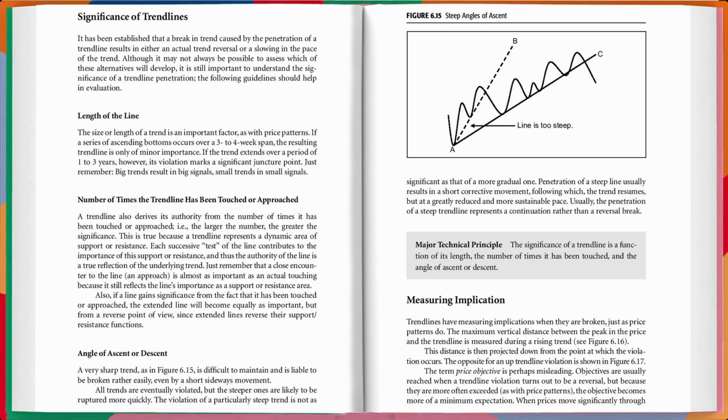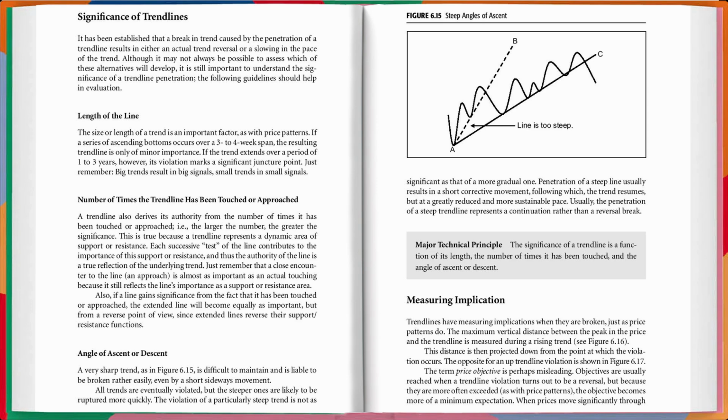Number of times the trend line has been touched or approached. A trend line also derives its authority from the number of times it has been touched or approached, i.e., the larger the number, the greater the significance. This is true because a trend line represents a dynamic area of support or resistance. Each successive test of the line